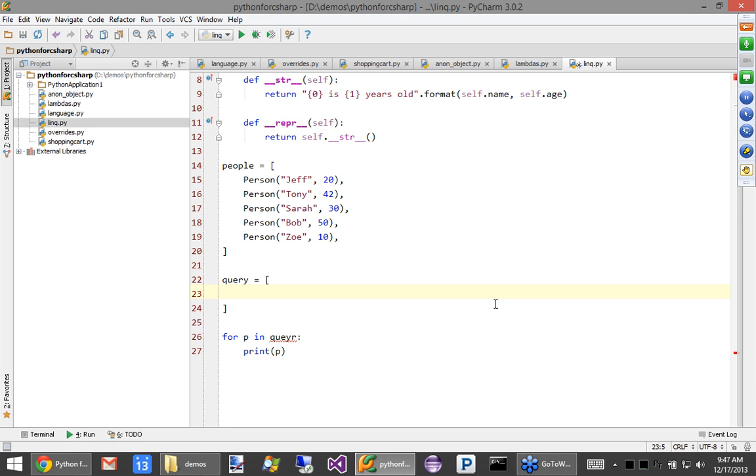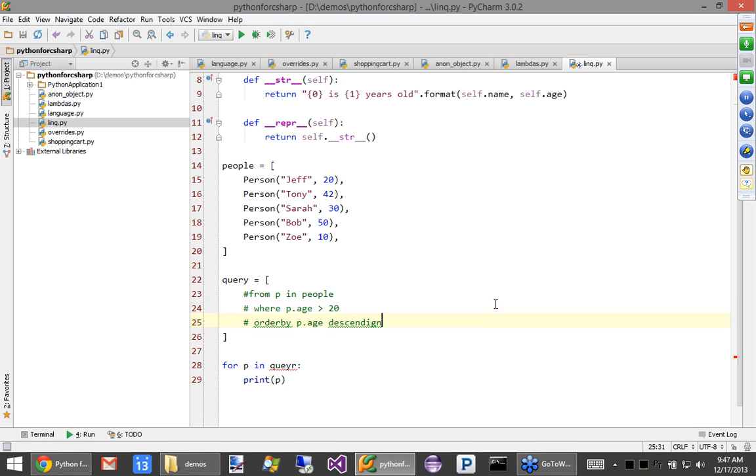So let's do this list comprehension. What would I write? Let me write this in comments. I would say from p in people. Remember, I had something like this, where p.age is greater than 20, order by p.age descending, like so.